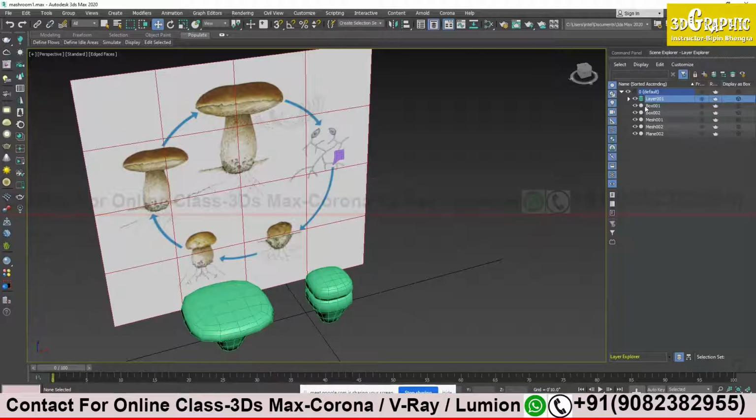So I just click the layer name, left click, and drag it out. Now this is a separate layer. If I close the default layer, you see two different layers clearly visible here. So I got a different layer for my reference.